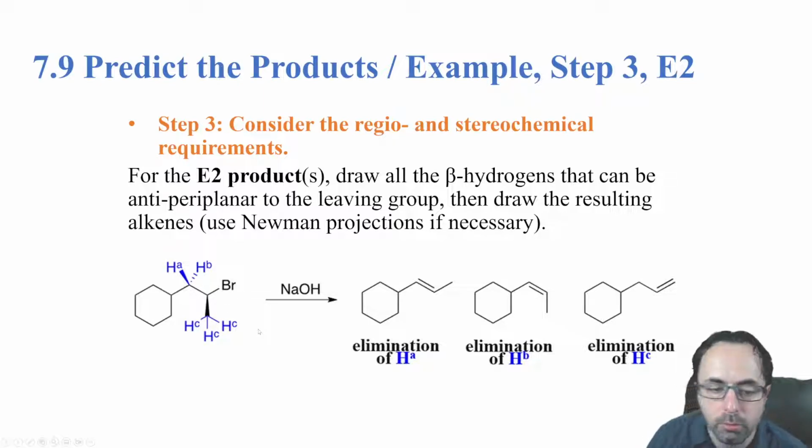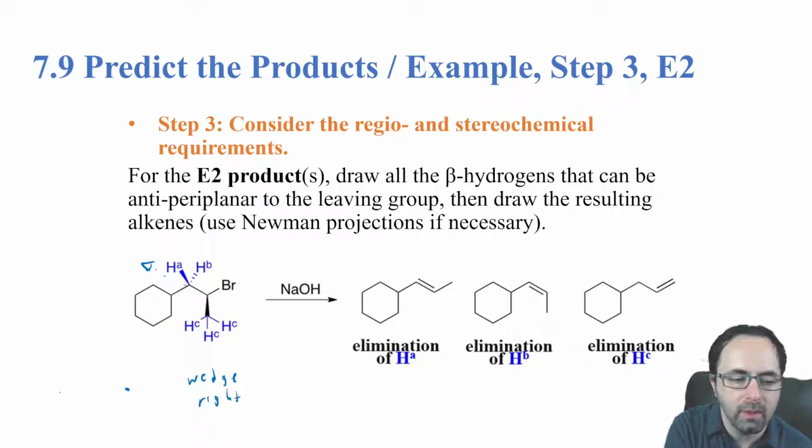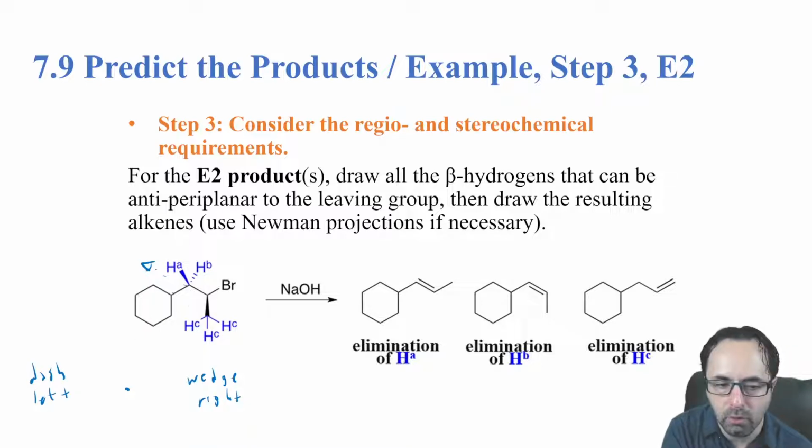And so we can see that if we looked at a Newman projection, right? So if we're looking at a Newman projection and we're looking right here down this carbon, okay, so this is going to be my center carbon, and the wedges here are going to be the right side because my eye is facing left to right, and the dashes are going to be the left side because I'm facing left to right, right? And so my front carbon here is going to have the bromine going, the phenol going straight down,